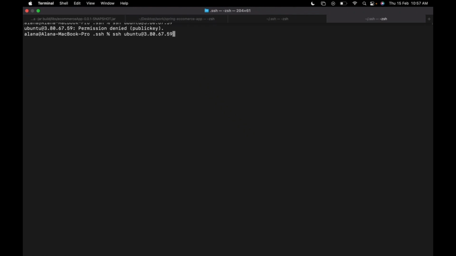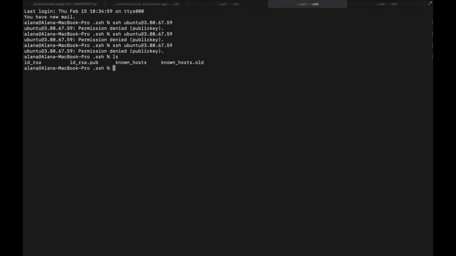Let me just go back to this place and do something like this. Oh, it's saying permission denied, public key. Let me see if I list here. As you can see, there is no authorized key. I didn't remember I added the public key to the remote server, like to the intranet, right? So I will also need to add it here. The way I'm going to sync it together is by creating